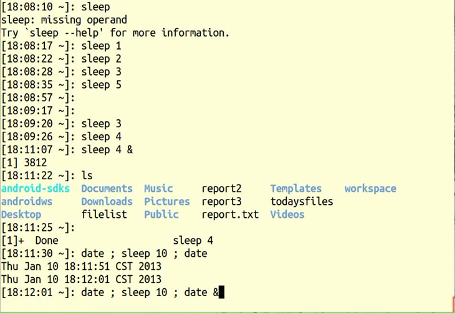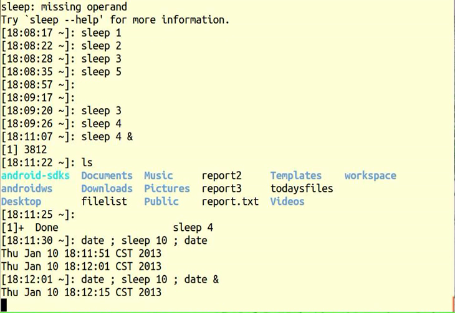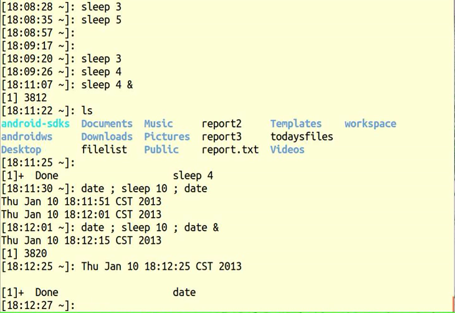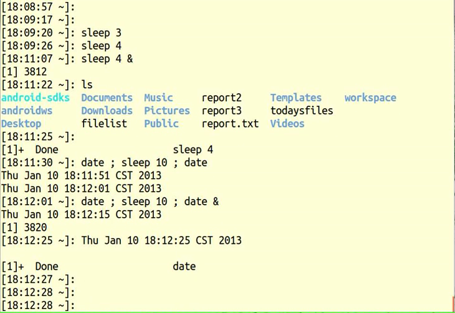Now let's see what happens if you append the ampersand, so that something will go into the background. It turns out the sleep does not go into the background. It's only the date in this case that goes into the background. So eventually there it is, and you got the command prompt back. To do all of this in the